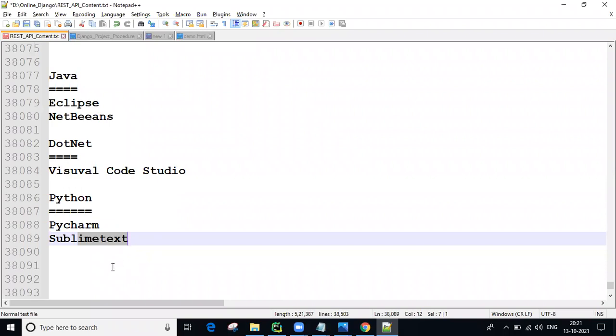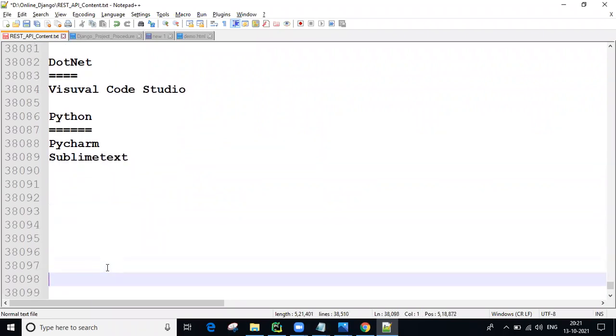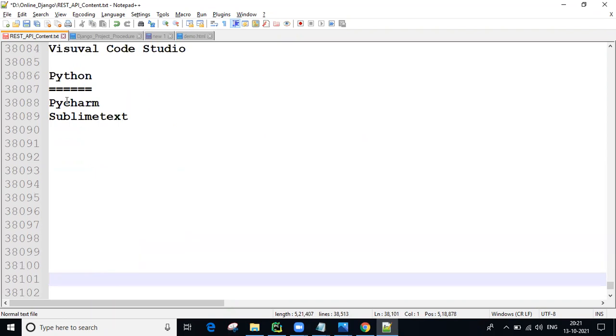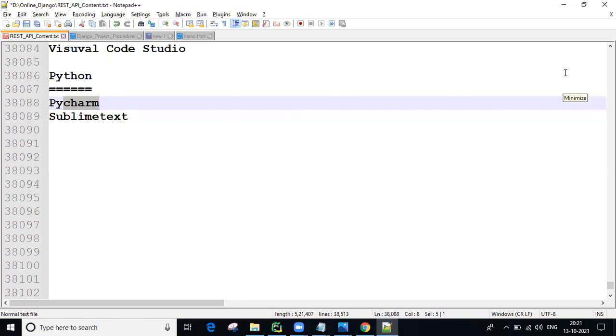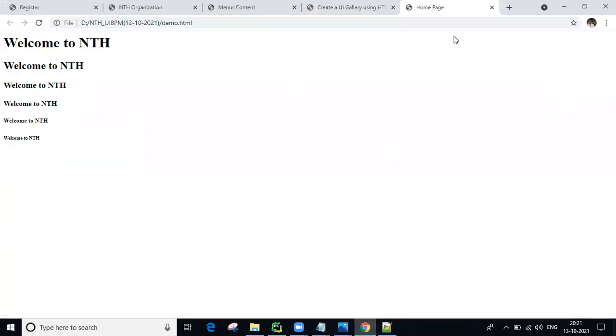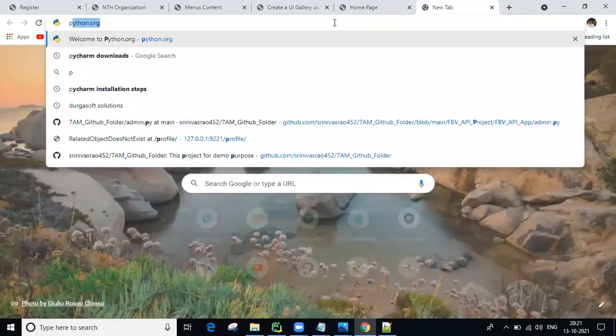Okay. So first, how to download PyCharm. I'm going to show you right now, guys. From now onwards we will develop using this one, or else whatever is already in your system. If you have Visual Studio or any other one, you can use that, no problem. So now open the browser, guys. Open the browser. Search for PyCharm, guys.